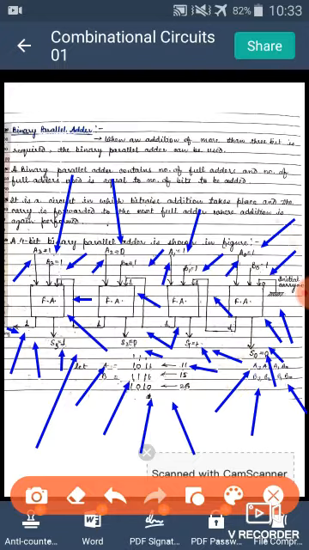In this way you can take more than 4 bits also, 5 bits, 6 bits and 7 bits. There will be so many full adders and it will depend upon the number of bits you want to add. Suppose you want to add 6 bits, then we have to consider 6 full adders. In this way today we have understood the operation of binary parallel adder. You can take any example like A equal to 1001, B equal to 0001 and by adding using the full adders in block diagrams and mathematically you can get the same results.